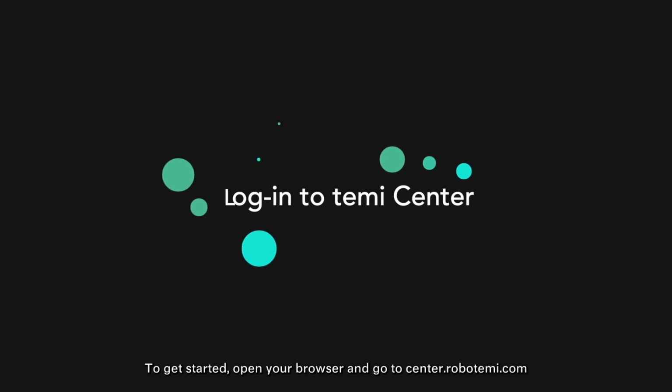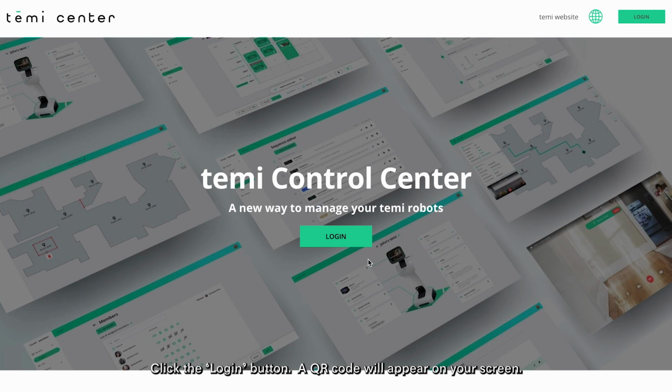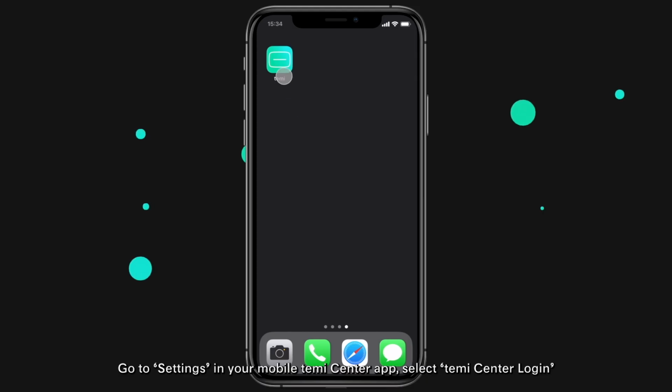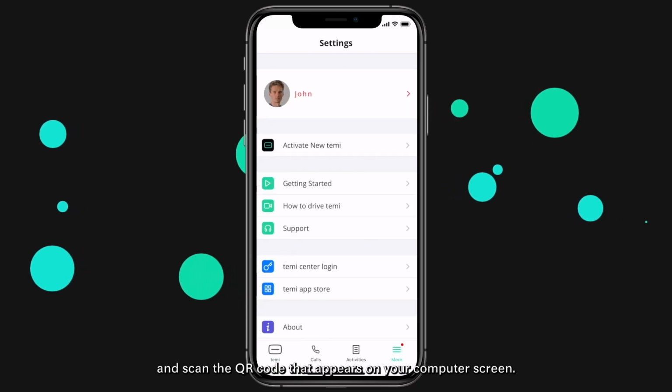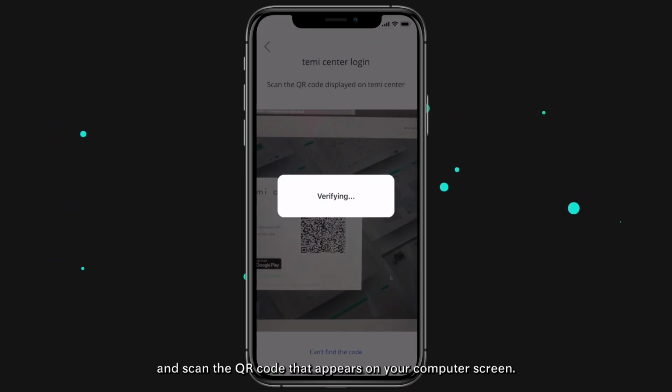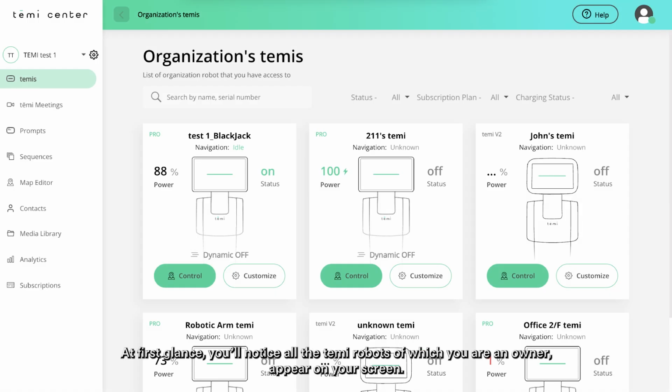To get started, open your browser and go to center.robotemi.com. Click the Login button. A QR code will appear on your screen. Go to Settings in your mobile Temi Center app. Select Temi Center Login and scan the QR code that appears on your computer screen. That's it. You're in. At first glance, you'll notice all the Temi robots of which you are an owner appear